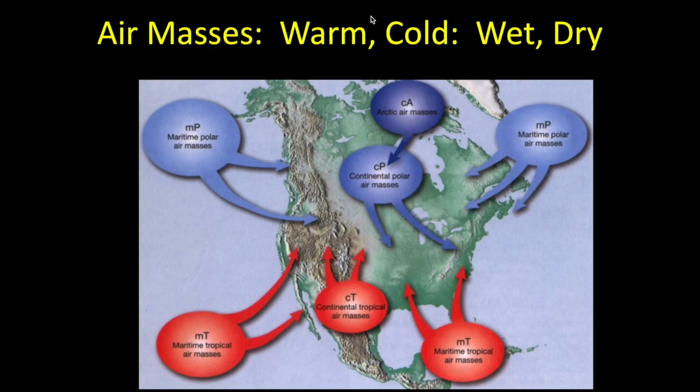They can also vary in temperature because they could be warm or they could be cold. Now, generally, if they're coming from the south, they're called tropical air masses, and they're going to be warm. Whereas if they're coming from the north, generally speaking, they're going to be cold air masses. So they can vary in temperature, and they can vary in how much humidity they have in them, okay?